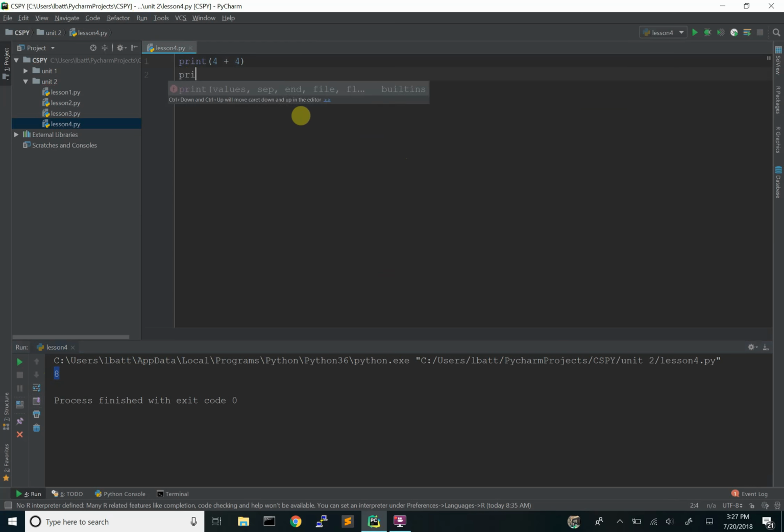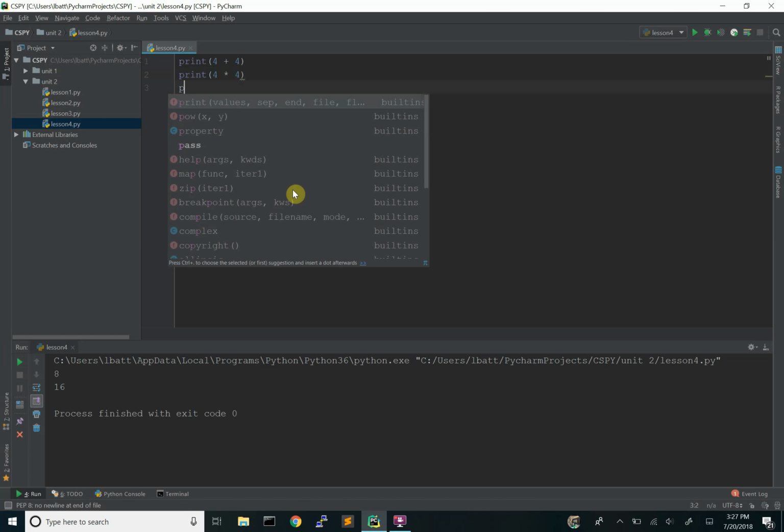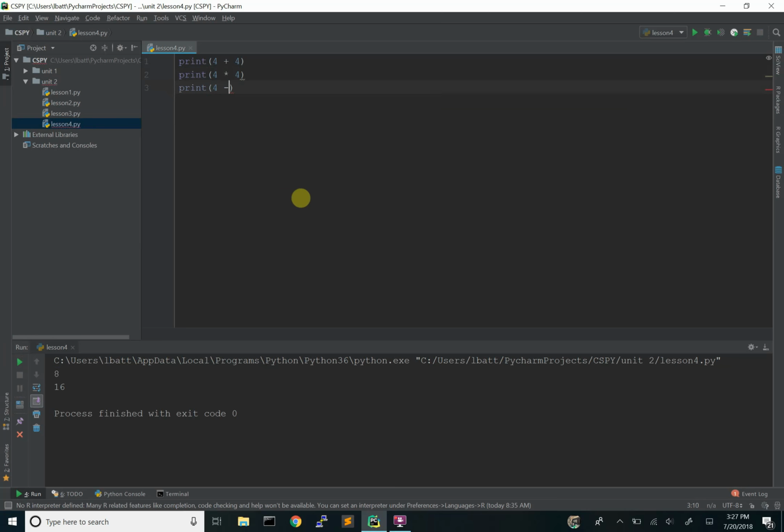We can also print out 4 times 4. I'll save that, and that should get us 16. We can print out 4 minus 4 to get us 0. We can print 4 divided by 4